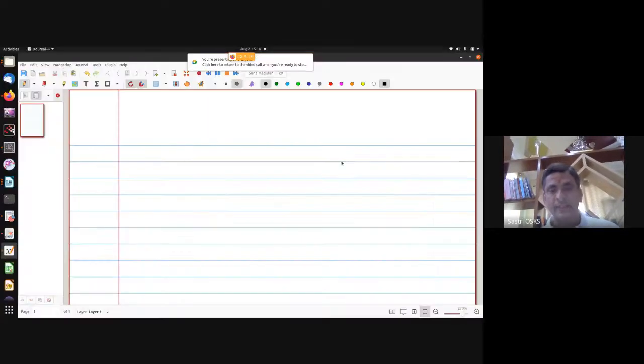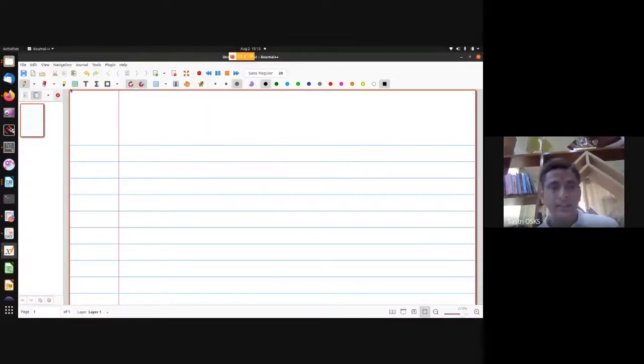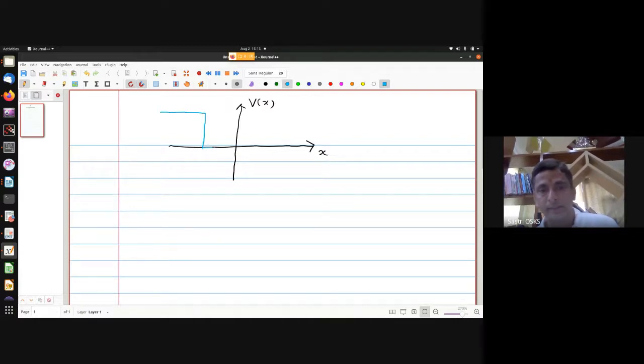Okay, right. Let me just show you the plot. This is your x and this is your V of x. Let me choose a different color. From infinity up to minus w by 2, it is V naught, and then it goes like this. This is your minus w by 2 and this is your plus w by 2, and this value here is V naught. This is our origin. Now we should have psi1 here, psi2 here, and psi3 here.